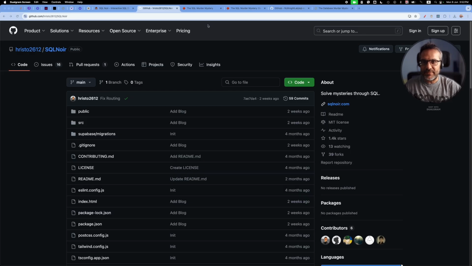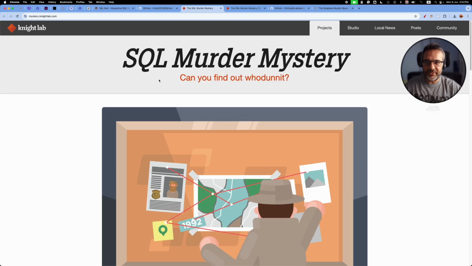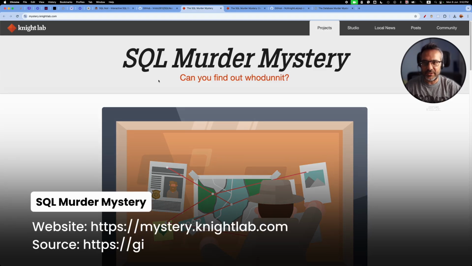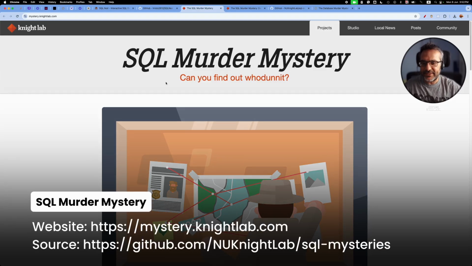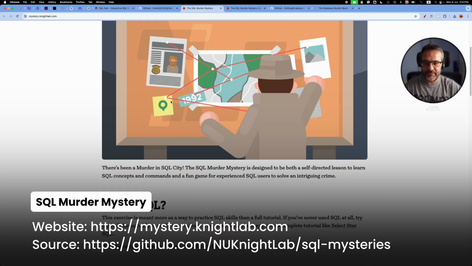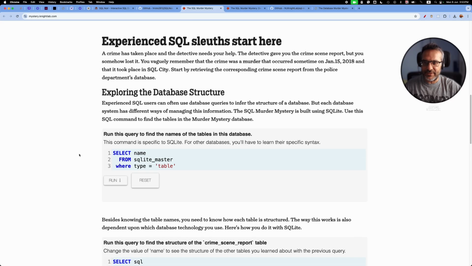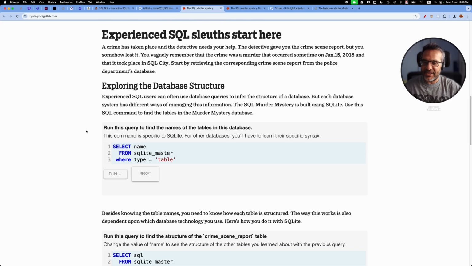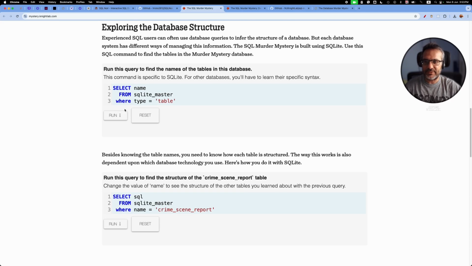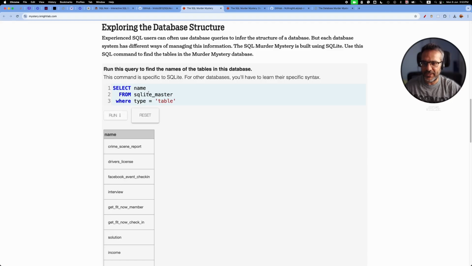The next game is called the SQL Murder Mystery, which is pretty similar to SQL Noir. It's just a single case, and what you have to do is go through this web page and run the queries inside the page, so there's no single console for running the queries. You have different sections that describe and guide you through the process. You execute, you change your